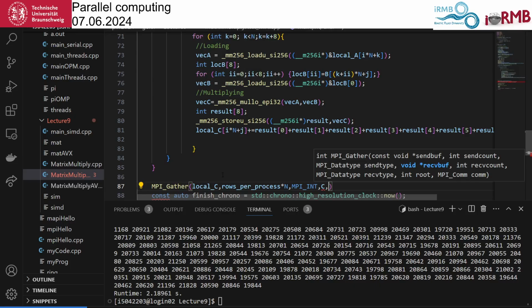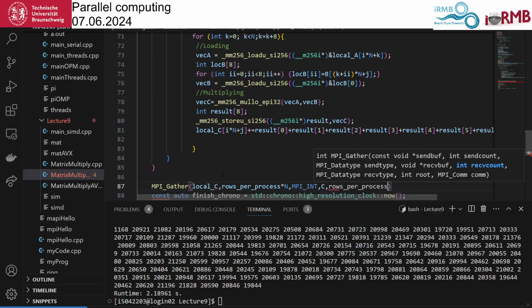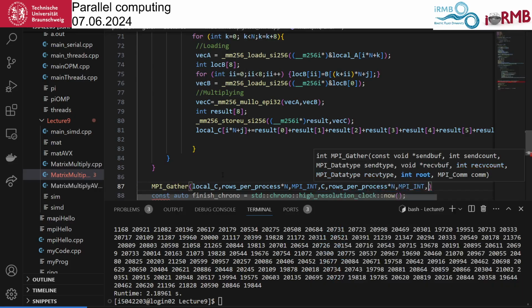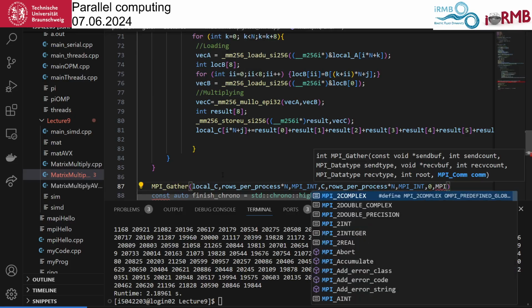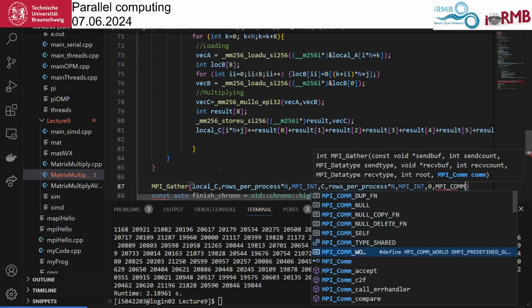And the matrix C, the amount that we want to receive is again the same. This is rows per process times n, and this again comes as an MPI int, and the root process again is 0, and we end with the communicator MPI comm world.